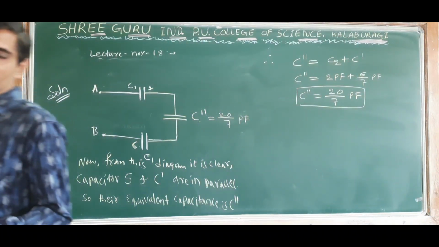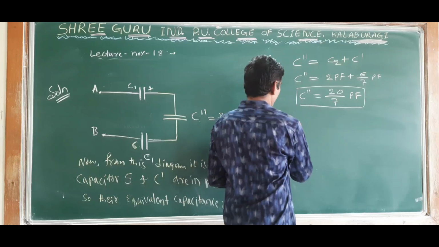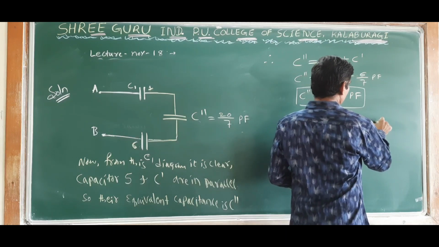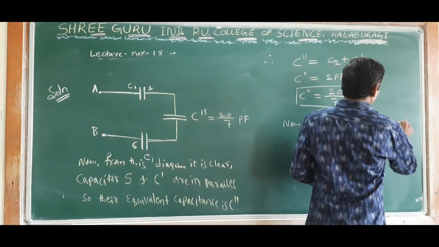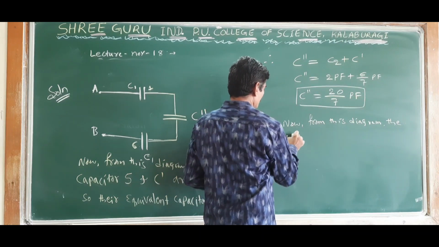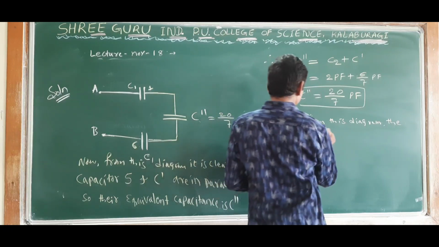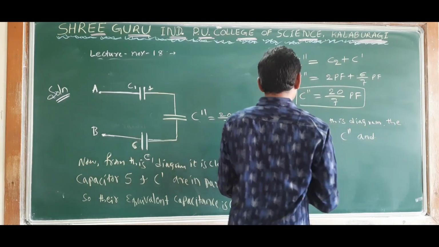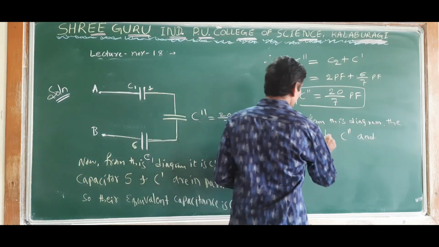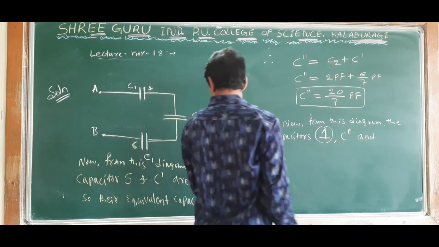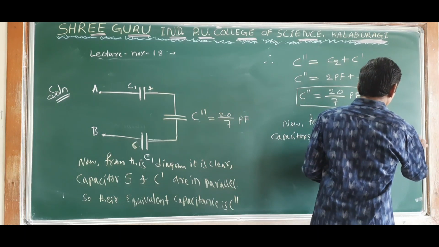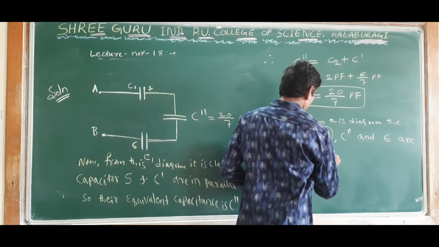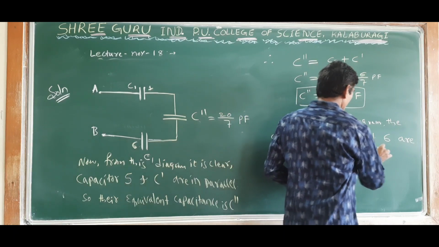So from this diagram, capacitor 1, C double dash and capacitor 6 are in series. So their effective capacitance